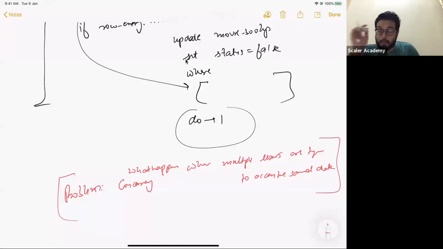Nikhil says, are you talking about row level locks? Let's for now assume, Nikhil, that you are taking a lock on a bigger chunk of data, because we are actually going to see issues in taking row level locks going forward. Cool. So almost all of you in the class feel that a lock here is going to solve the problem. A lock or a combination of locks is going to solve a problem here. Does that make sense? Cool.